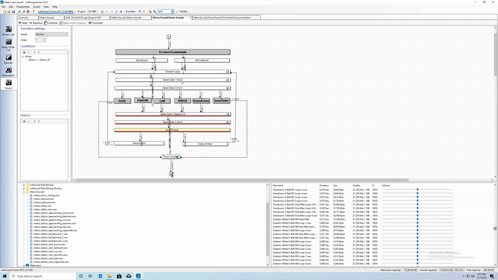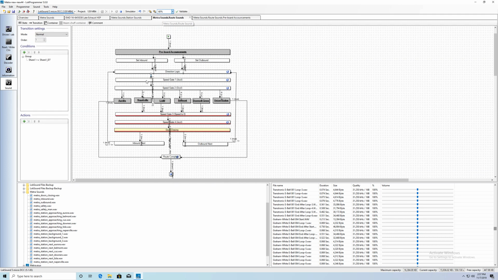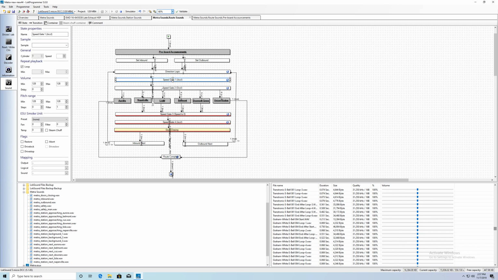The first speed gate is called acceleration. It's waiting for share 1 to be greater than or equal to share 1 d7. If you remember the HEP example, the speed has to get all the way to this d7, which then sets share 1. And once that's set, my loop, because this direction logic is looping, this becomes true. So then it moves on to speed gate 2,